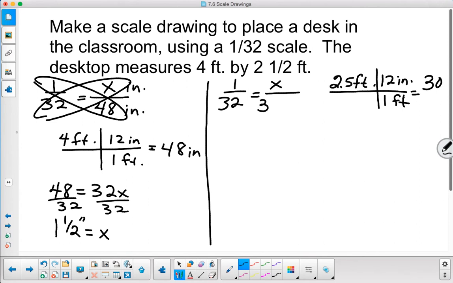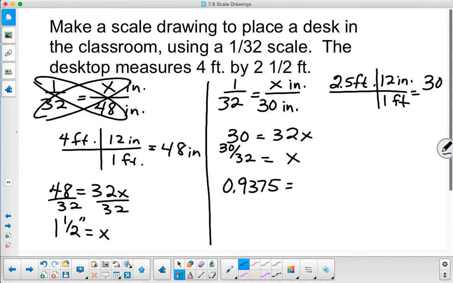So we want this to say 30 inches so that we get inches on the drawing. Cross multiplying. 30 divided by 32. Now if you do that in a decimal, you're going to get